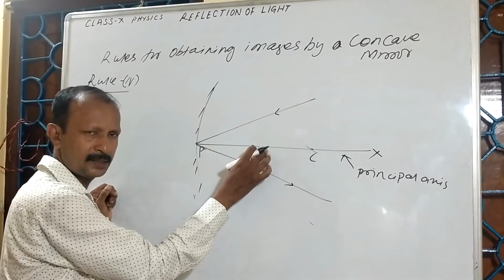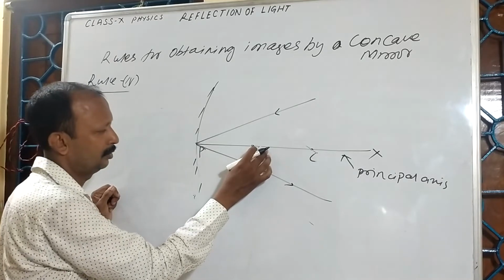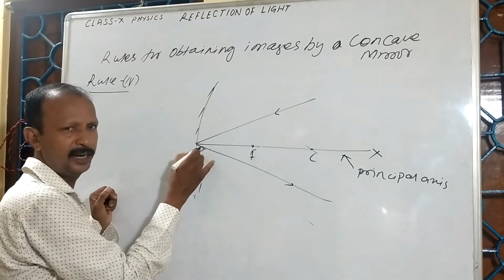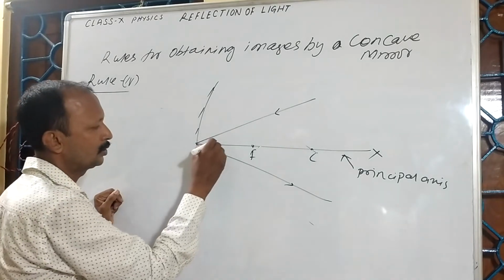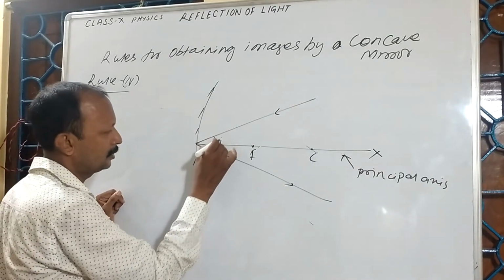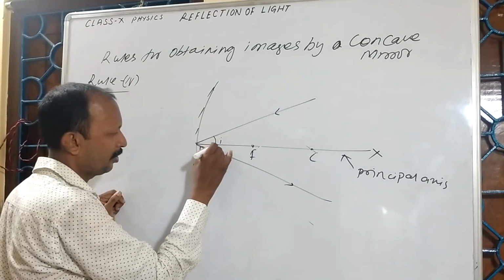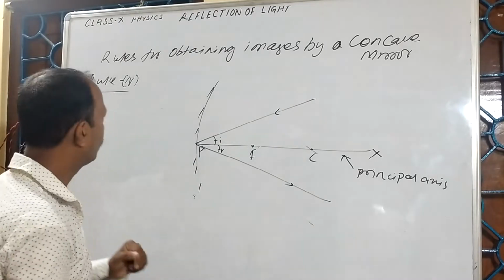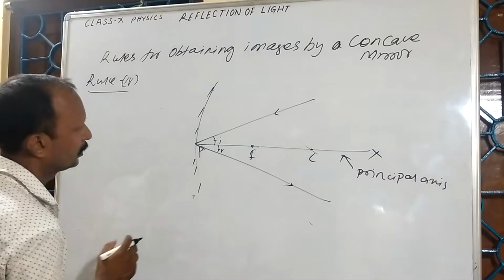The principal axis itself is a normal, because it also joins the center of curvature to any point on the spherical mirror. So this is the angle of incidence, this is the angle of reflection. Both are equal. So, fourth rule, I can say that